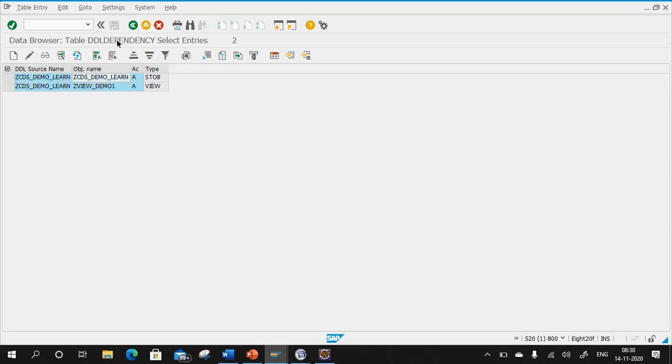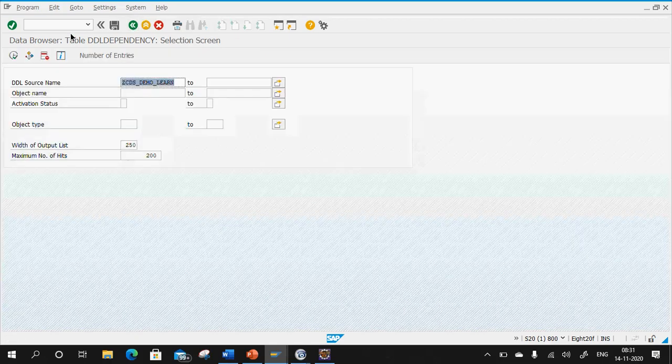So this DDL dependency table will store the details of your CDS view and your SQL view with respect to your DDL source name. The type of a CDS entity view is STOB, that is, structured object, and the type of your SQL view is view. Now if I go to the TR,